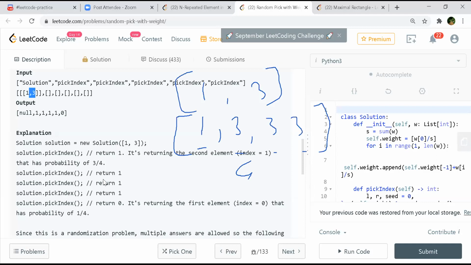So the probability will match, but when I return it, I know my 3 is index 1 and my 1 is index 0. So whenever I hit on this condition, I will form something like a map over here and just return the index. Will that work? So you are equalizing the probability first, by increasing the count of whichever has the larger probability. That is what you're doing. Right, right. So at least on the understanding front, this should be okay, right? Absolutely. Yeah, this is what we are doing.